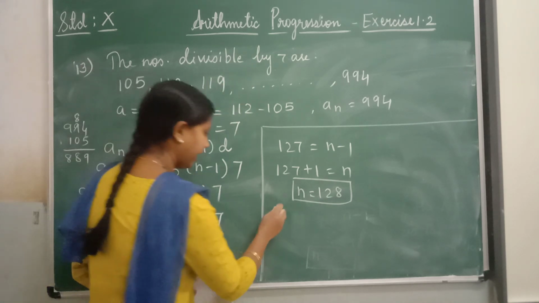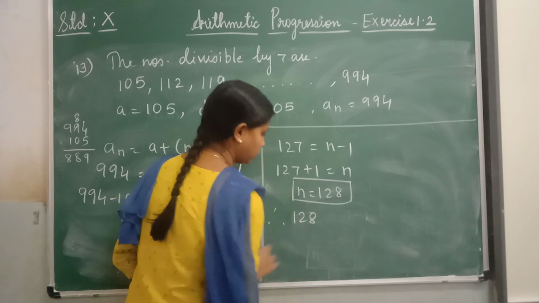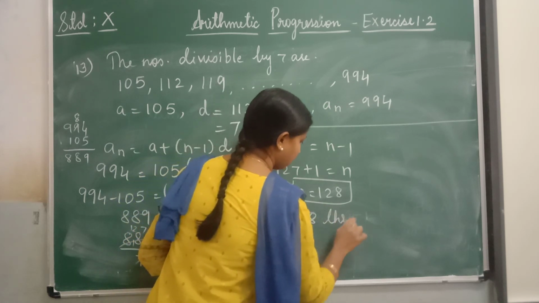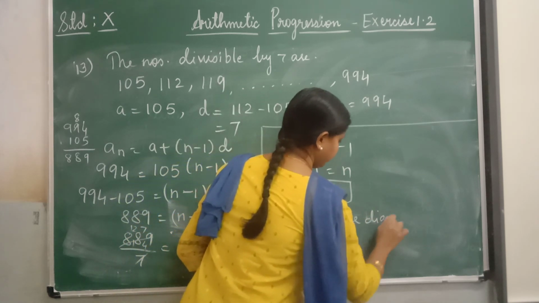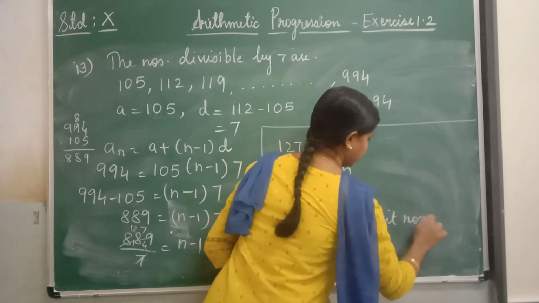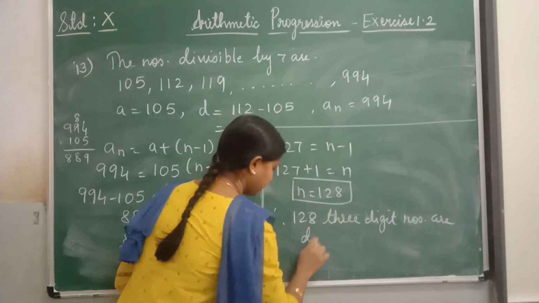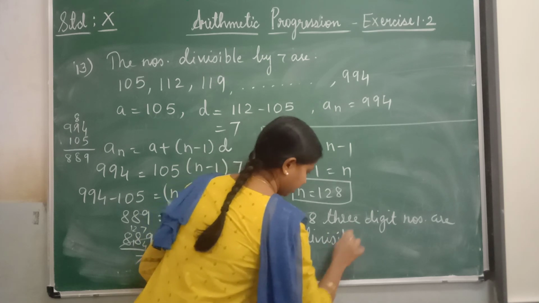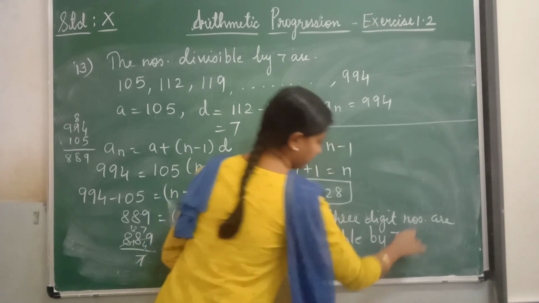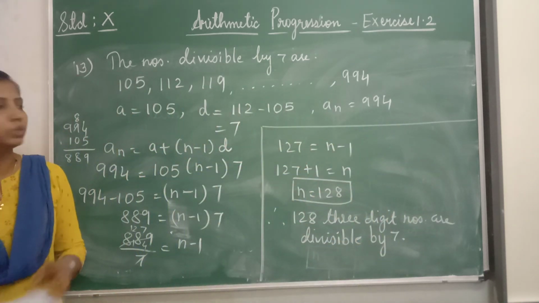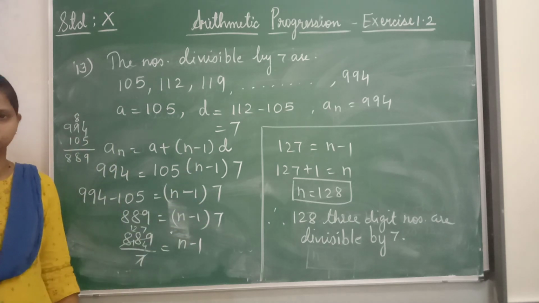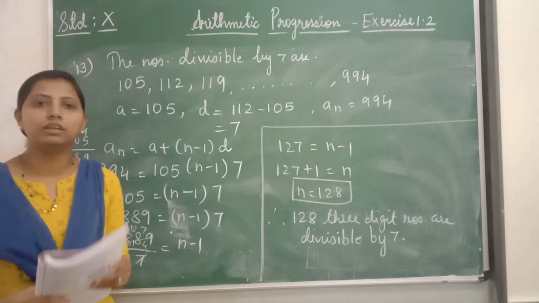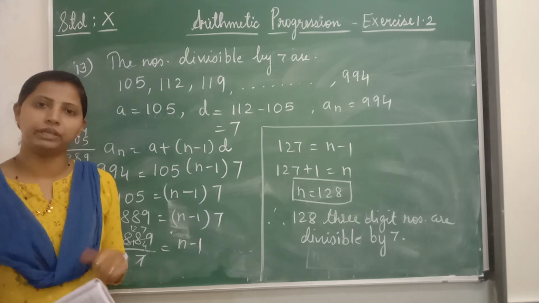Understood, children? So write, therefore, 128 three-digit numbers are divisible by 7. Understood, children? So this completes the 13th question. So the remaining sums of this exercise will be continued in the next